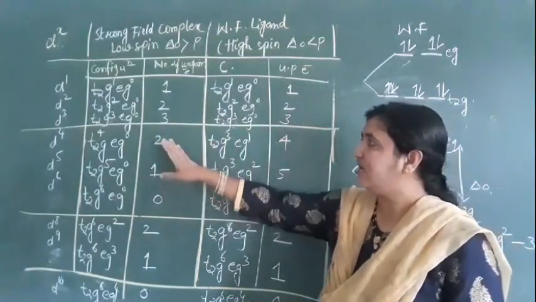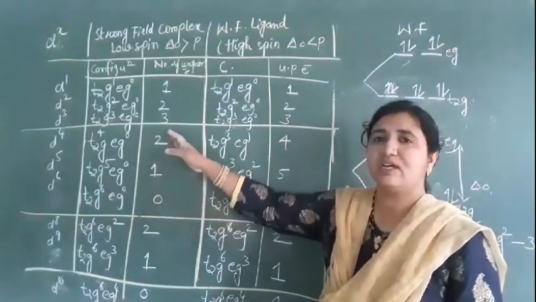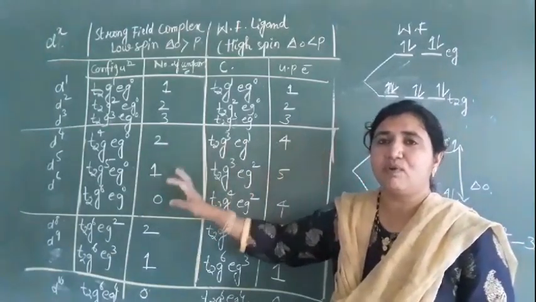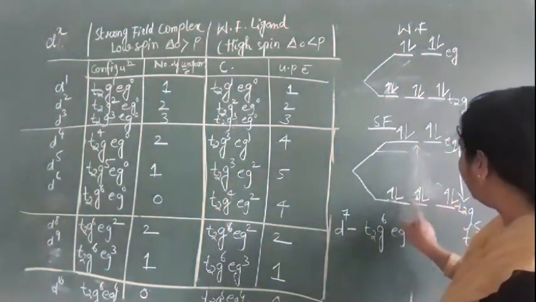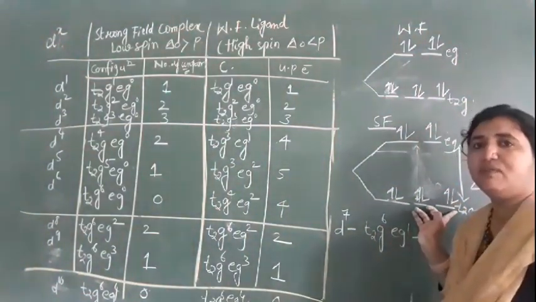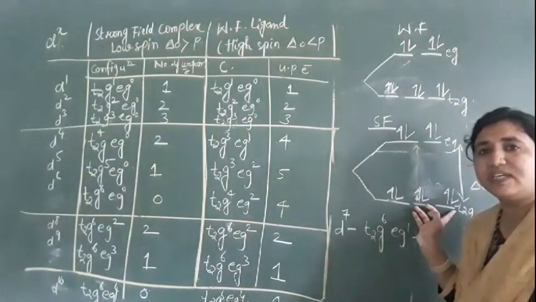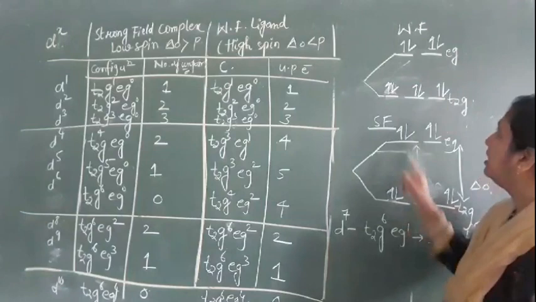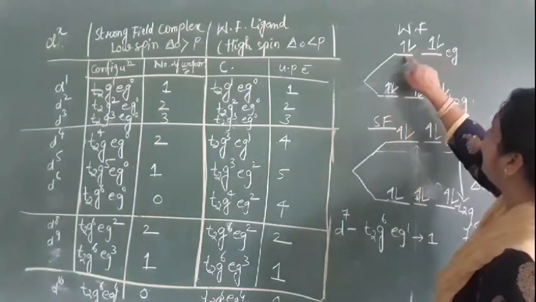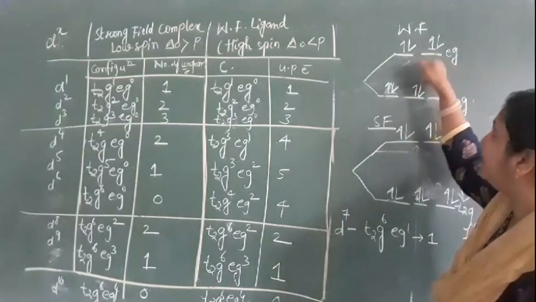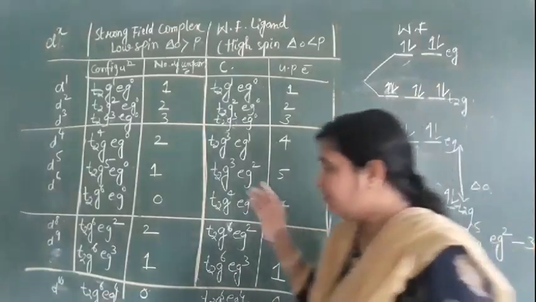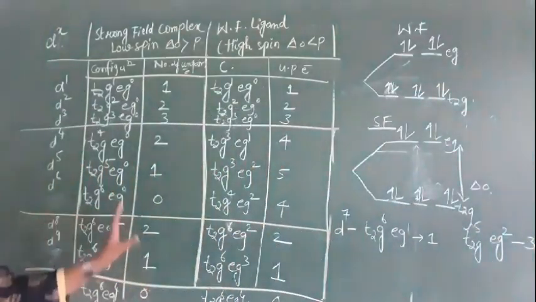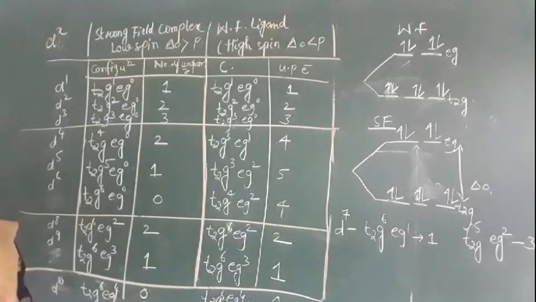The only difference is in d4, d5, d6, d7, the fourth to sixth electrons. For strong field ligands, the 4th, 5th and 6th electrons enter the t2g only. For weak field, the 4th and 5th enter the eg set and then the 6th goes into the t2g set. If you practice once, you will get an idea about this. Write it down and practice it. They can ask questions based on this, and you can solve them easily.